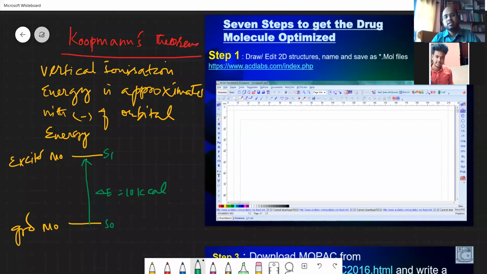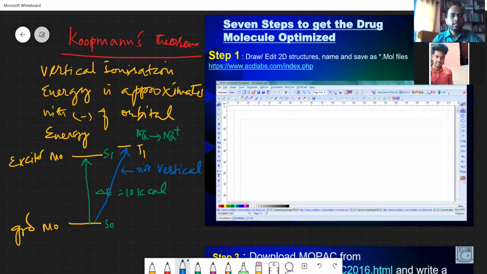What happens is, in some cases, due to some electronic effects, inductive effects, the electron can be removed very easily. So if you have Na giving us Na plus, it's a very easy one, because Na plus gets a very stable configuration. But if you have to remove exclusively one electron from the last orbit, and that is also not T1. T1 means the triplet excited state. If you have seen the Jablonski diagram, T1 will be like this. This is not vertical.